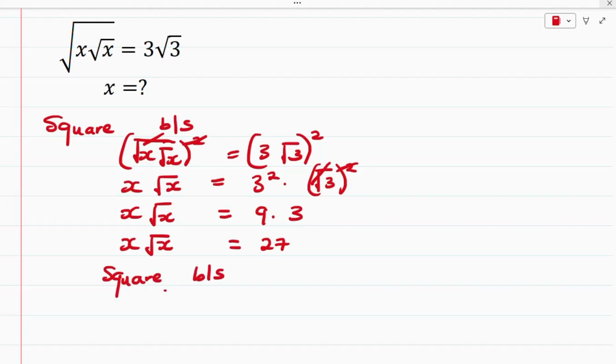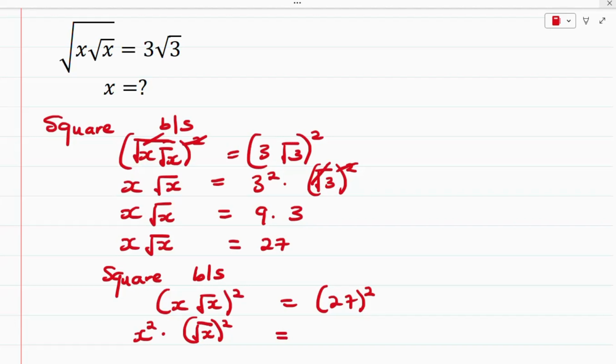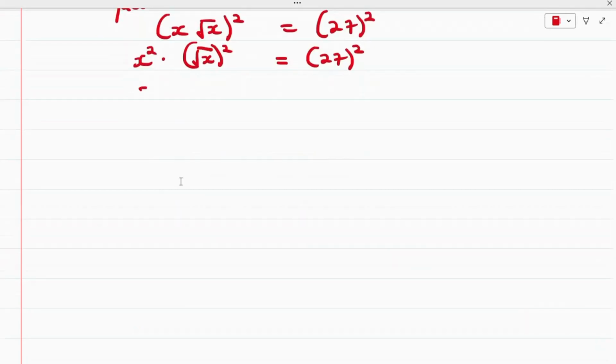So we have x multiply the root of x all square is equal to what? 27 all square. So this can be expressed as x raised to the power of 2 multiply the root of x all square is equal to 27 all square. So we have x raised to the power of 2 multiply. This is going to cancel out this. We have x is equal to, now 27 can be expressed as 3 raised to the power